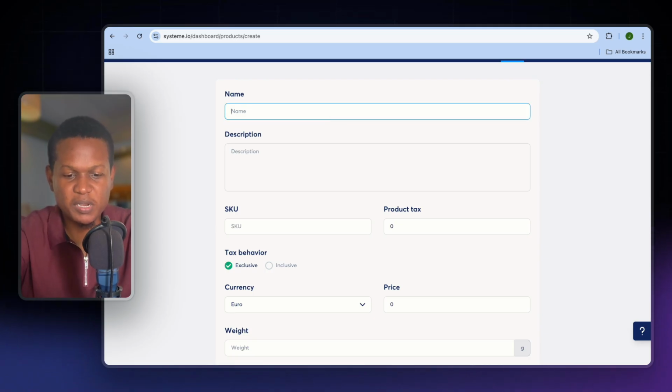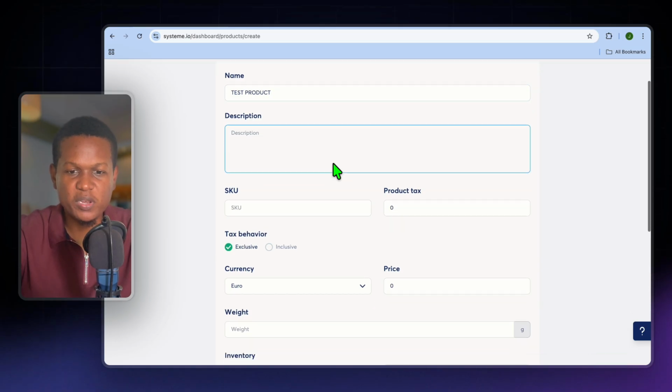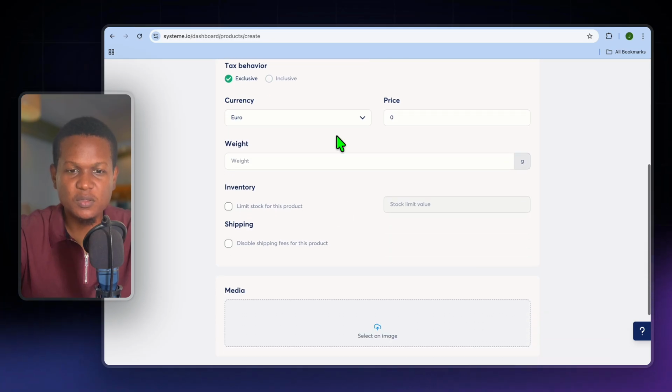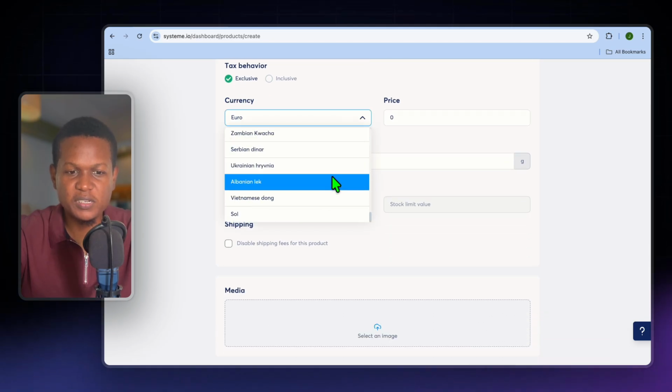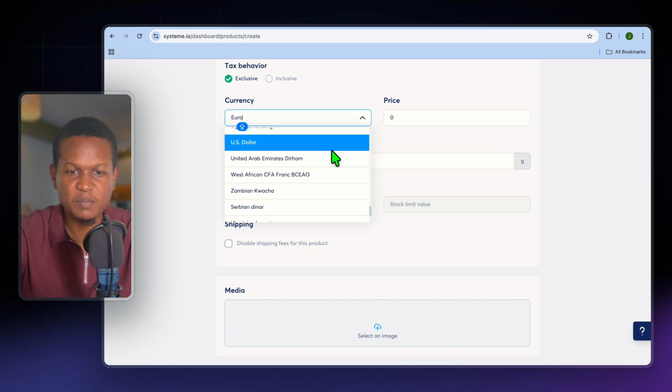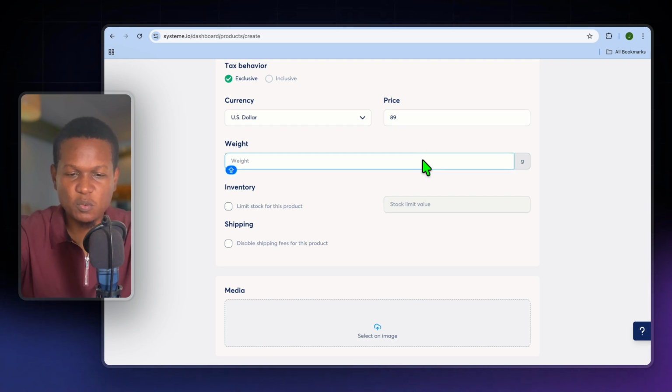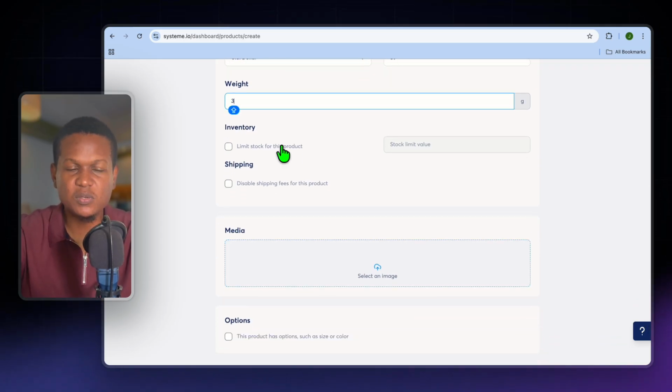So for example, let's say test product. After you have done that, you can add in a quick description. Then you can put in a SKU number. You can also add product tax if you want. You can scroll down and you can select the currency that you would like to use. So for example, I'll select USD. Then you'll add in the price that you'd like to sell it for. And you can also put in the weight. After putting in all of that information, so let's say for example 3 gram, you can also add in the